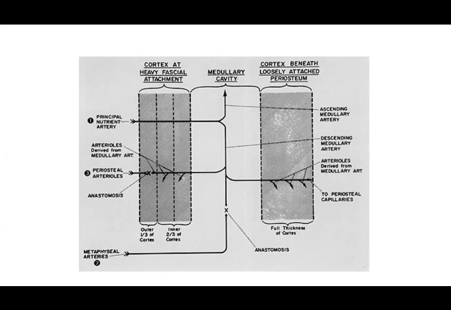Then you have the metaphysis. The metaphysis is supplied by its metaphyseal arteries, which anastomose with the diaphyseal vessels. Once the articular cartilage is finished and bone growth is finished, there is no barrier in between, and the metaphyseal vessels anastomose with the epiphyseal vessels as well. So both supply that area. The epiphysis is supplied by the epiphyseal arteries, which come from the blood vessels surrounding it.